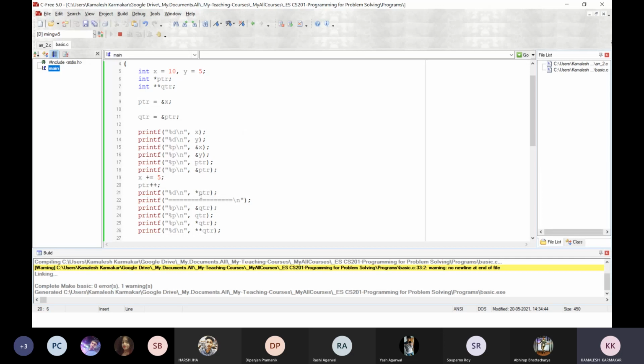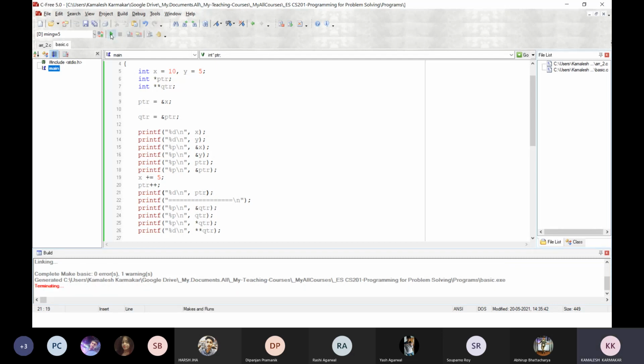Let us check. Let us print the value of ptr. If I write ptr plus plus, let us check the value of ptr. Then you will understand that. So I want to print the value of ptr. So I have printed it here, the value of ptr.